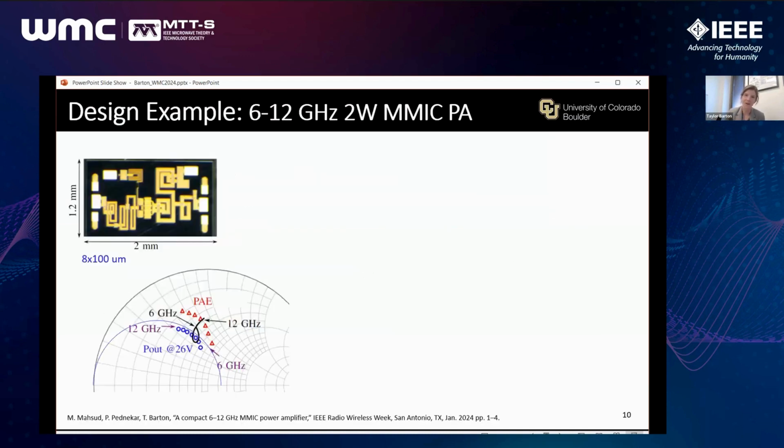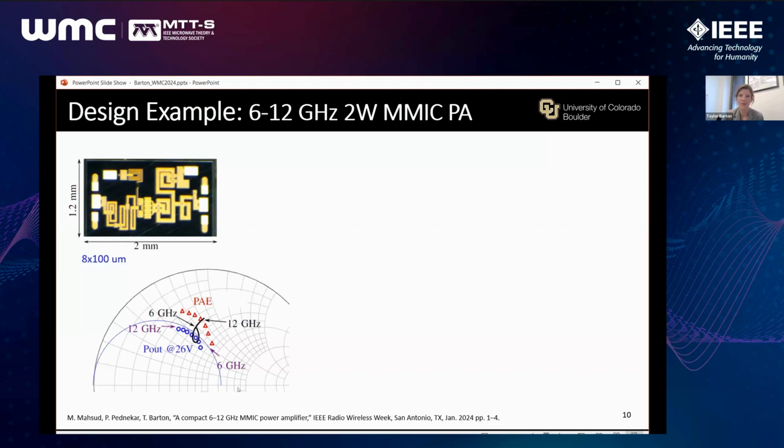So as an example, a PA designed over broad bandwidth, just with reactive matching with a relatively high order matching network. This is a 150 nanometer GaN PA from 6 to 12 gigahertz. And in blue and red are the load pull simulations. In the blue circle, this is the constant